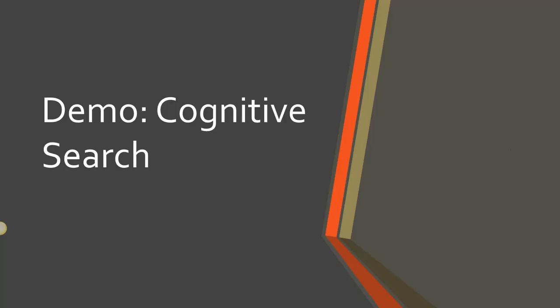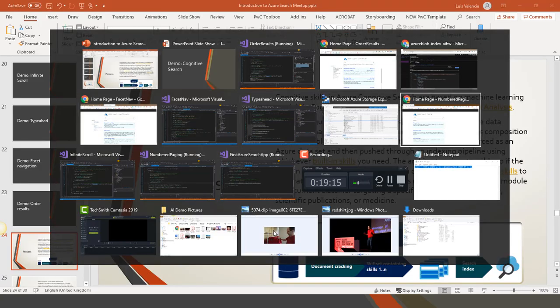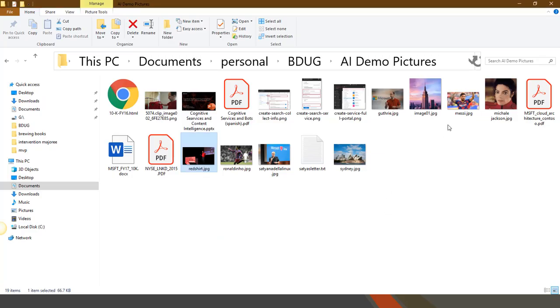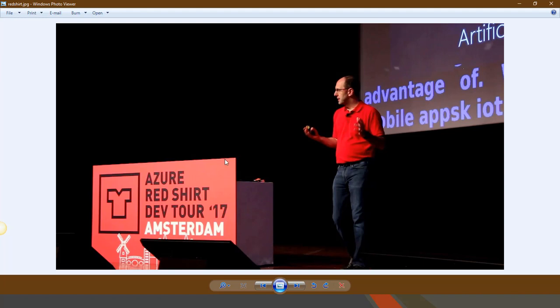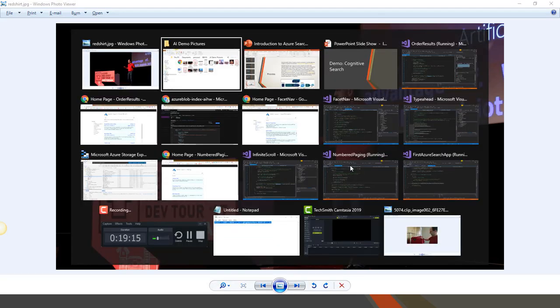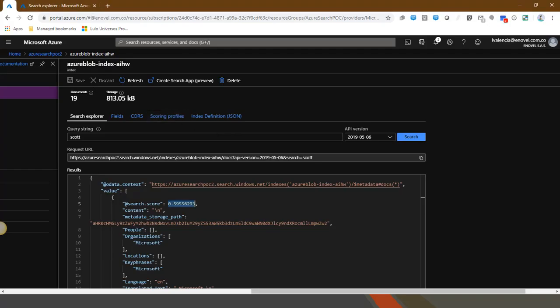So let's go to the cognitive search demo. Before coming here, I put some pictures in blob storage. I guess you know who this guy is. You can see there is also text in this picture, and he is wearing a red shirt. Let's go back to here. I'm in the index. If I search for Scott Guthrie, who is the guy in the picture,